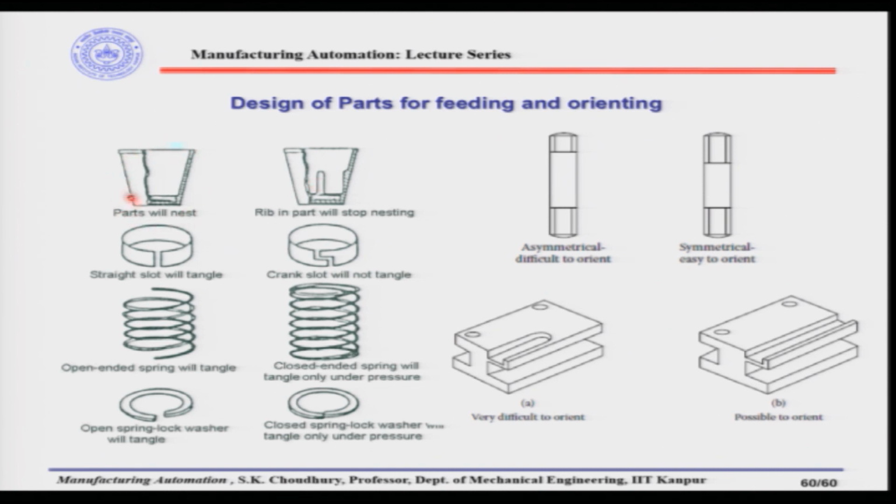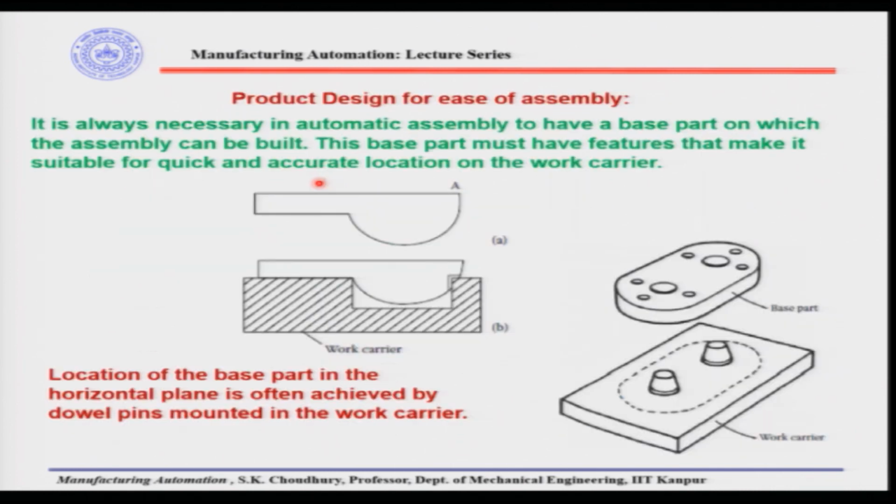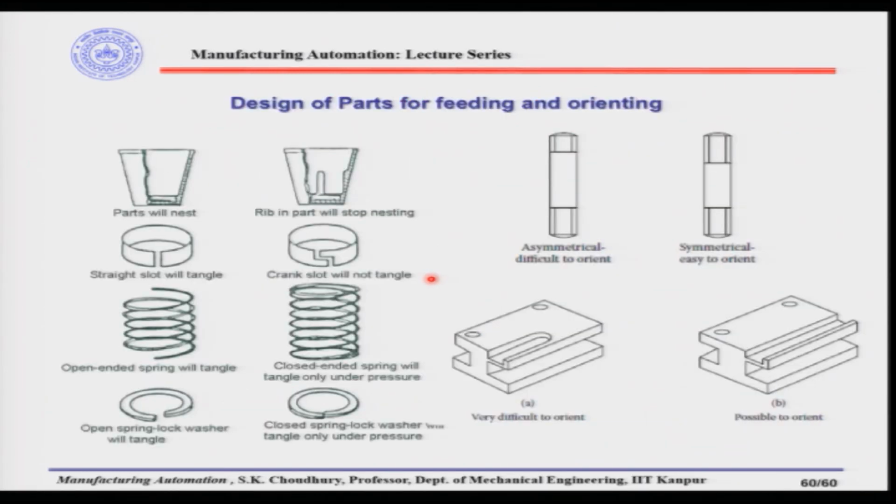For example, these parts may nest, one glass may go into another and they can stack, and it will be very difficult for the parts to go out on their own. So, this feature is made, that is the rib in the part will stop the nesting. Now, one thing we have to keep in mind is that these small features should be non-functional, in the sense that the features we are introducing, either the feature here in the base plate, or the feature for example here, should not disturb the operation of the part. So, they will be non-functional.